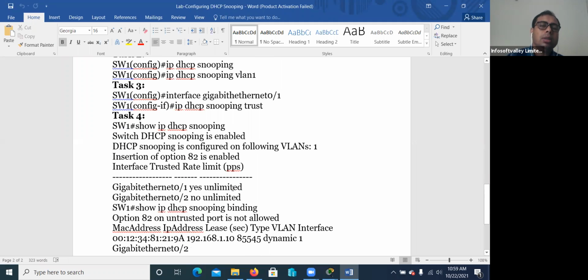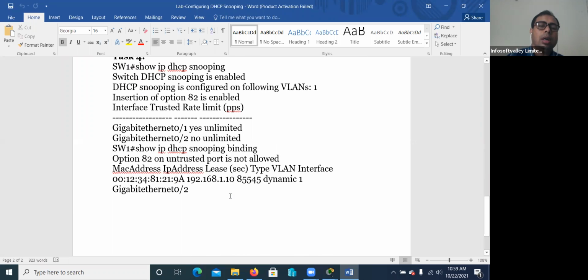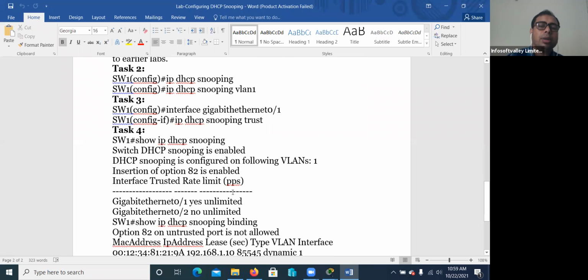So this is called DHCP snooping. It is very simple, and you can check it with the IP DHCP snooping command. Then you will see if DHCP snooping is configured for VLAN 1, or you can create other VLANs also. The VLANs you create, okay, and